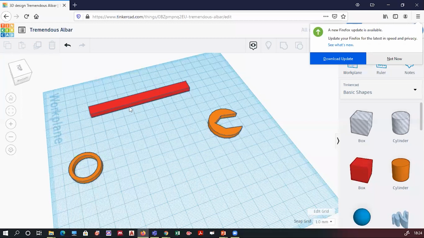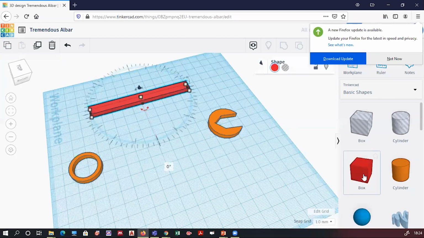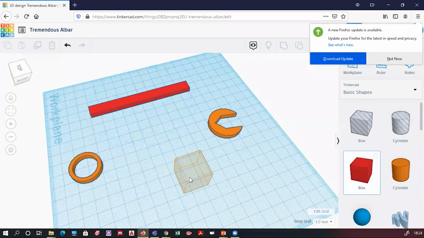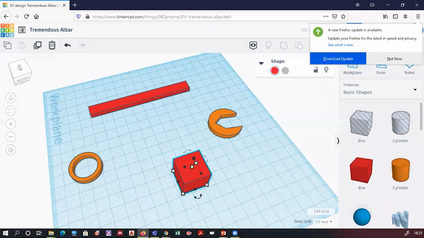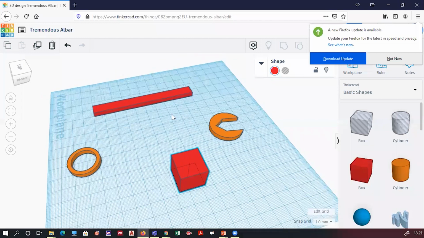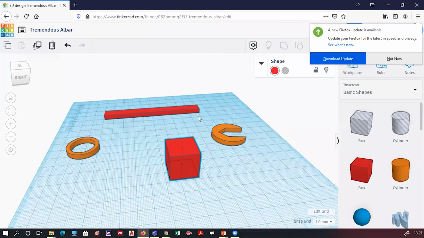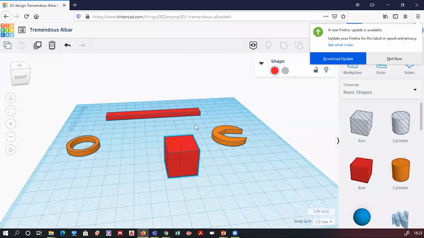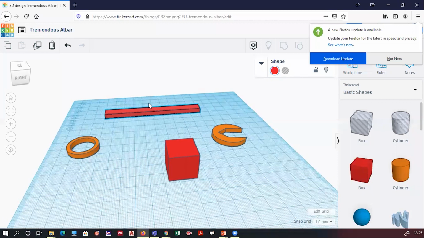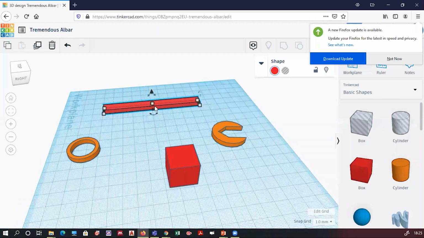I take a block initially, I placed it over here. Now I have changed the dimension. It was around 100 by 10 mm. Thickness was around 4 to 5. You can keep it.